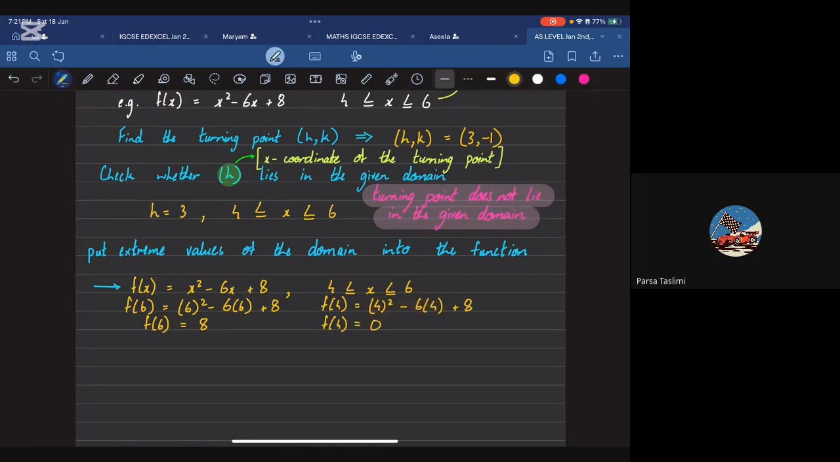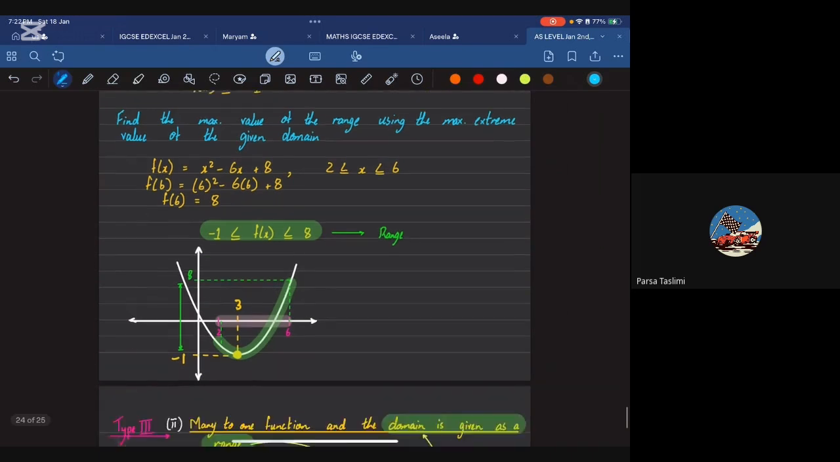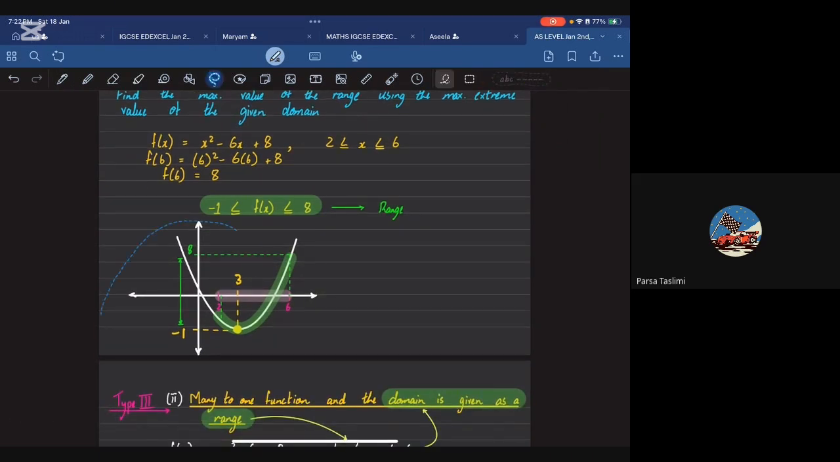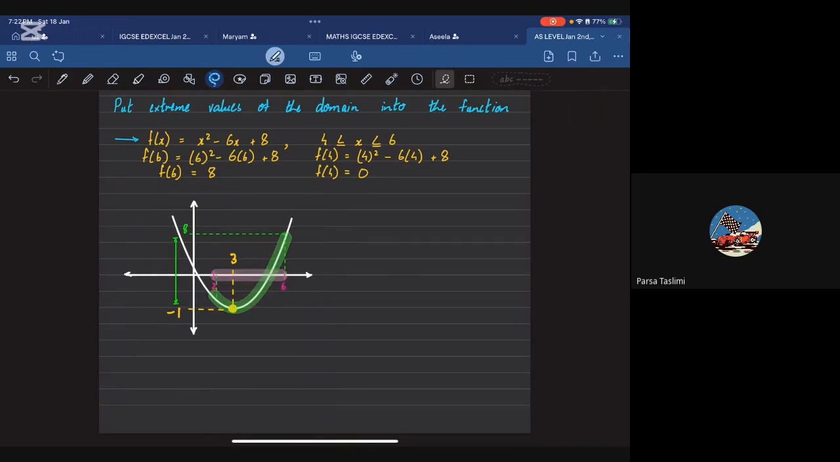Clear? Yes. Once you put your extreme values into your function, you simply get the extreme values of your range as well. Where does your range extend to and from where? Clear? Knowing this, we draw the graph again. It is simply going to be, this time around, I'm going to,